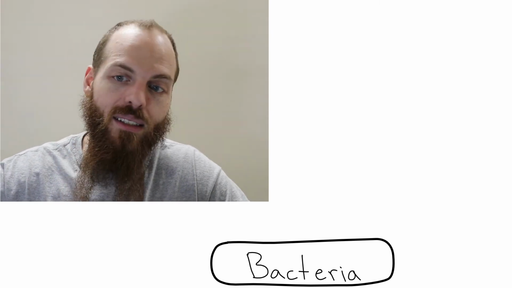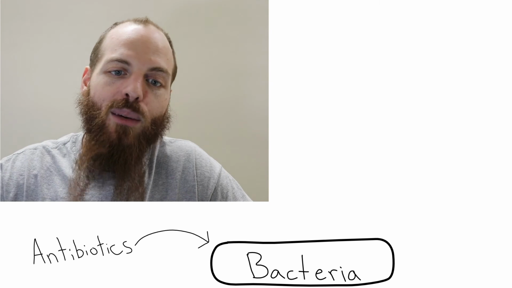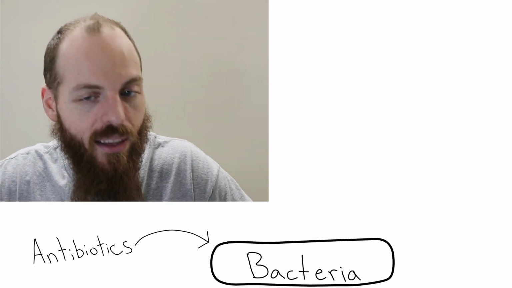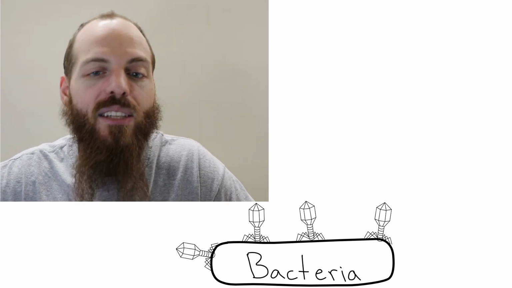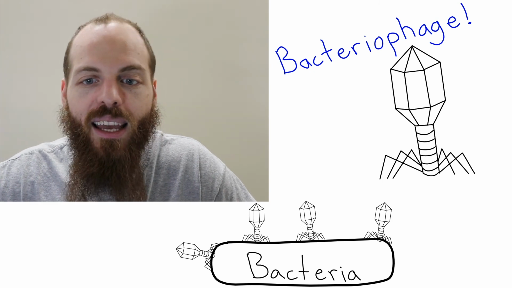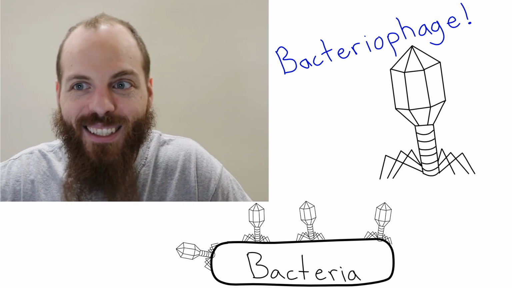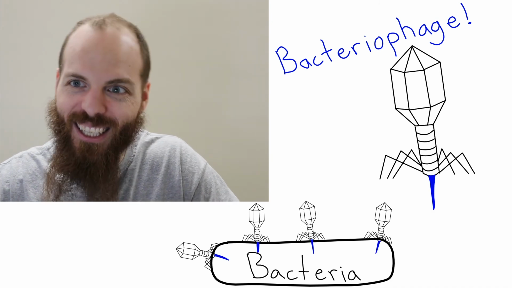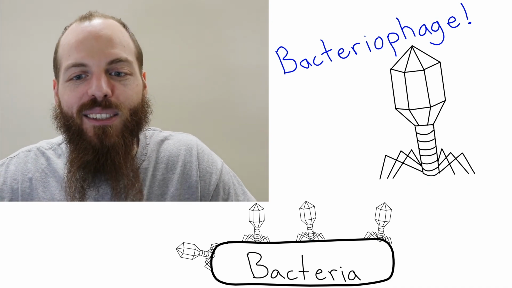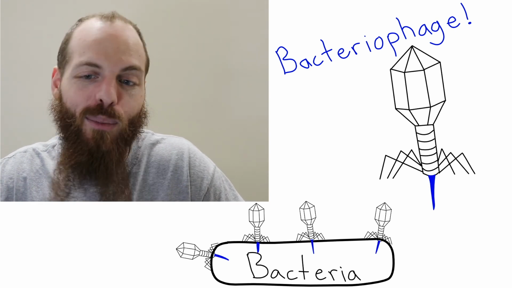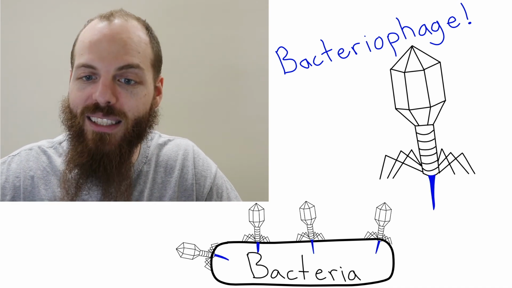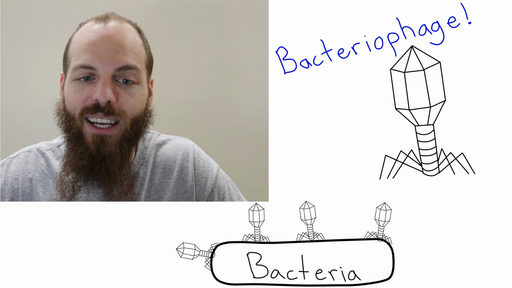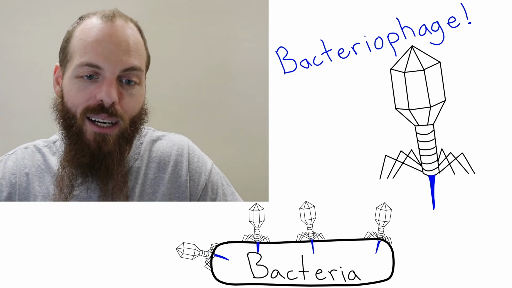Another cool use for viruses is a way to fight off bacteria that cause illnesses. Now here, we mostly use antibiotics to kill bacteria, but there are some viruses that only attack bacteria. They leave our cells alone. These are called bacteriophages, and they look really cool, kind of like spiders, and they basically have a needle that they pierce the bacteria with. So some countries, instead of using antibiotics, actually make mixtures of bacteriophages, and they give these to people as medicine to kill these bacteria. The bacteriophage attack the infection and make you feel better.